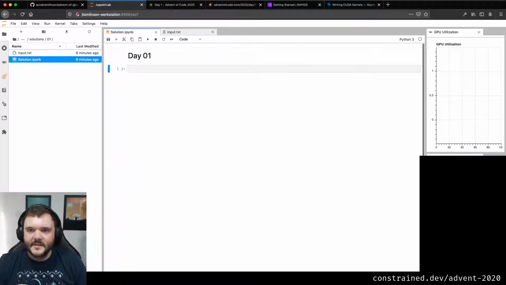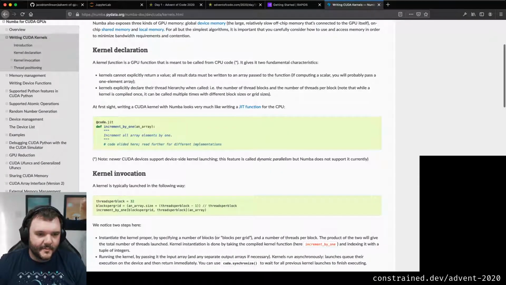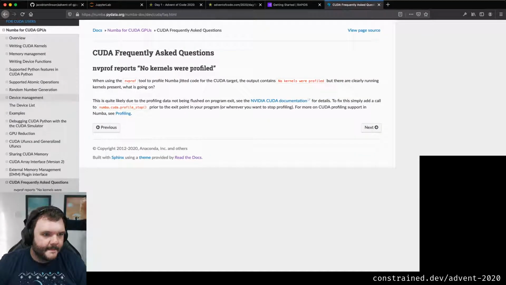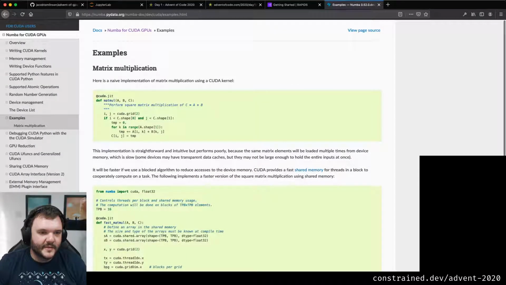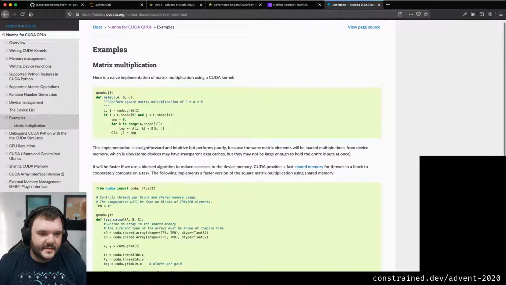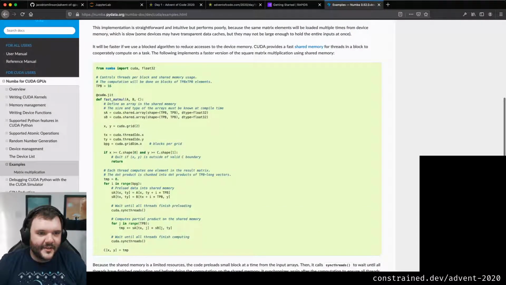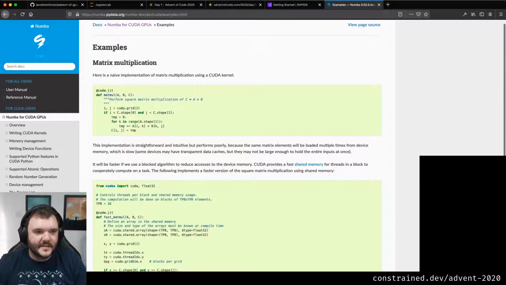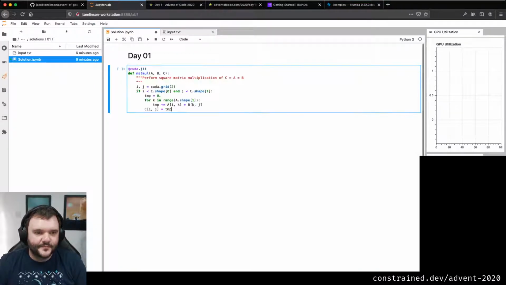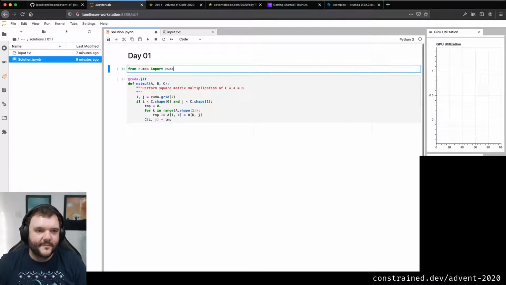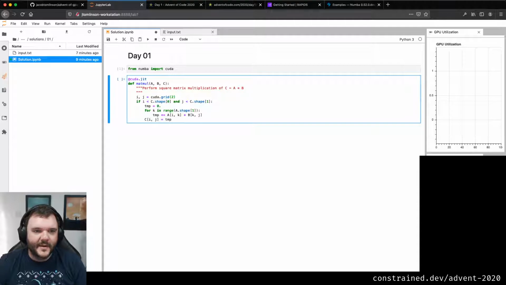So let's start just copying some code from the Numba documentation. Is there a really simple little example that I can copy from here? Examples. Matrix multiplication. Fine, I just want the layout of this basically. So let me just remind myself what's going on. So I'm going to import from Numba. Let's import CUDA. That's a good first step. And I've got this example here. All right, from numba import cuda. Now I can write my kernel.